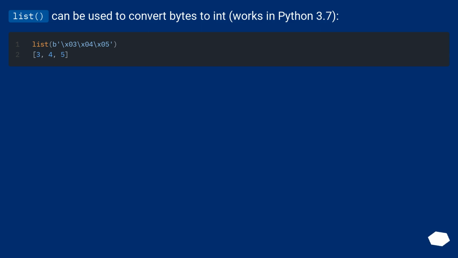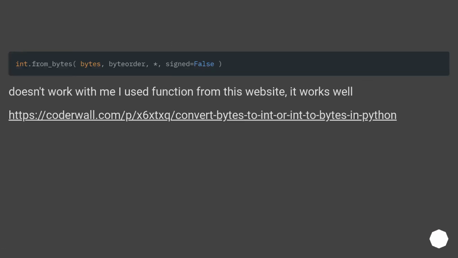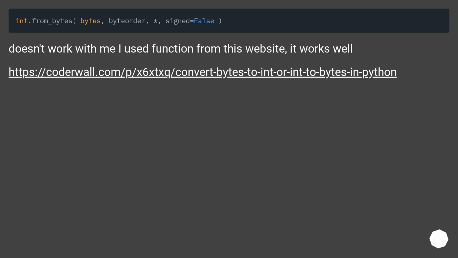List can be used to convert bytes to int, works in Python 3.7. Doesn't work with me. I used a function from this website. It works well. This URL